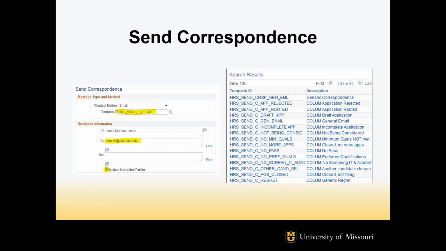You will choose the template that best fits your needs, or you can use a blank template and type your own. Make sure you remove your email address from the CC field, or you will receive an email for each person in the list. Same with include interested parties. Be sure to uncheck that box, or everyone listed as an interested party will receive emails, and trust me, they don't want to.